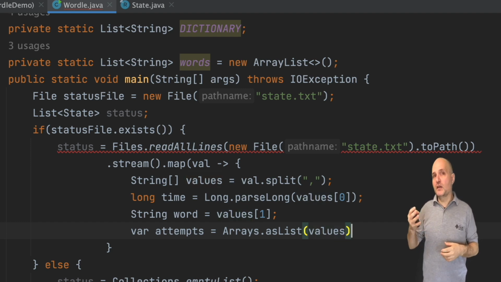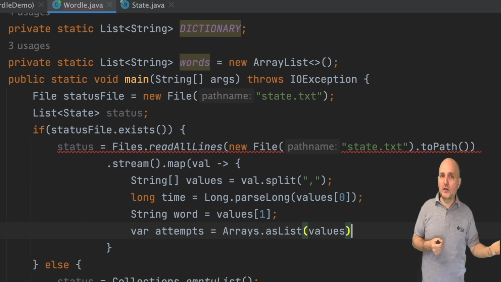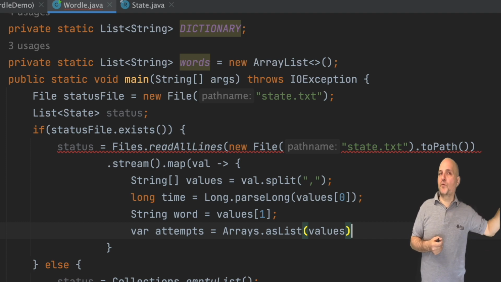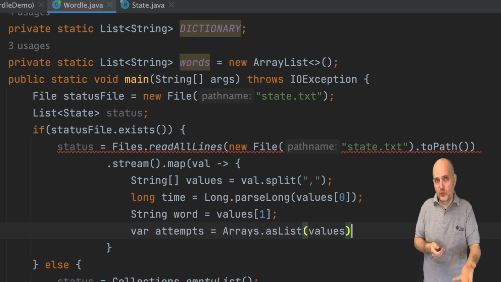I can create a new list and add the values to there, but this isn't as convenient. Instead, we can use the Arrays class, which has a method that converts an array to a list. But there's a problem with this code. The new list also includes the first two elements. We want a list that doesn't include them.